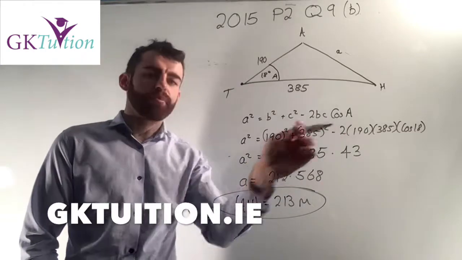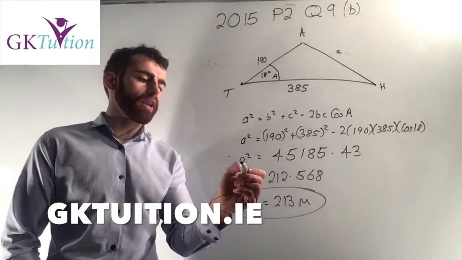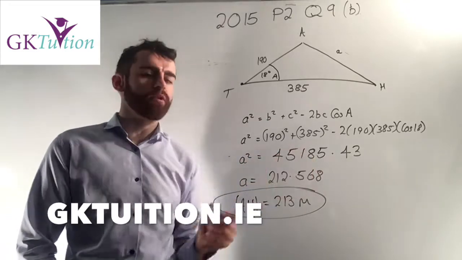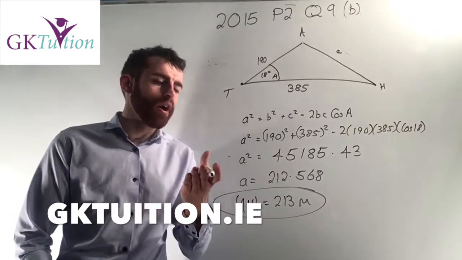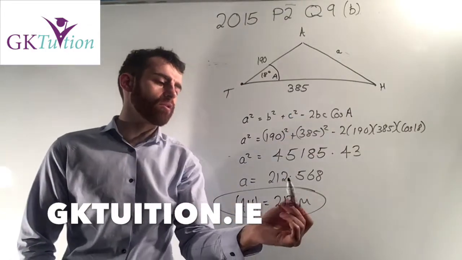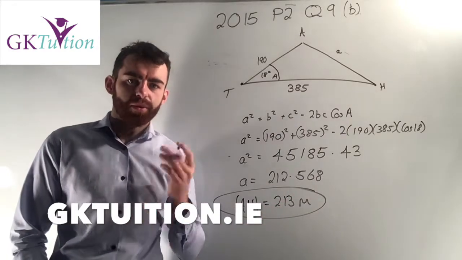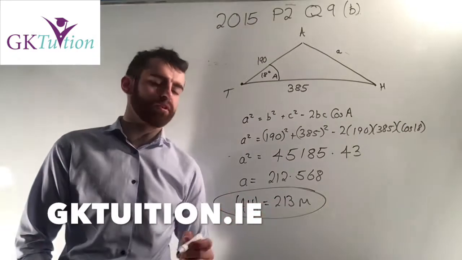Then on the right hand side, when I plug in those values, I've got all numbers, so I can just plug it into my calculator, and I get a squared equals 45,185.43. Well, clearly I've no interest in a squared. I need to get the square root of both sides. So the side A works out as 212.568. But the question asked me to round it off, so I'm going to say that AH is 213 meters,